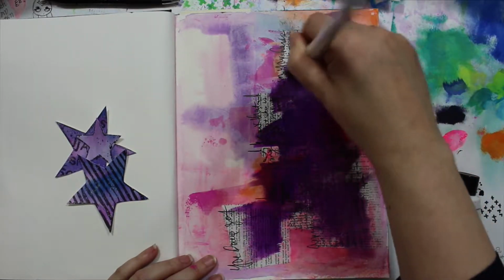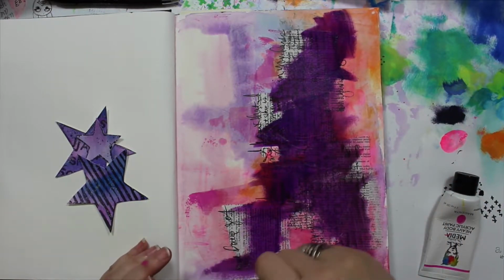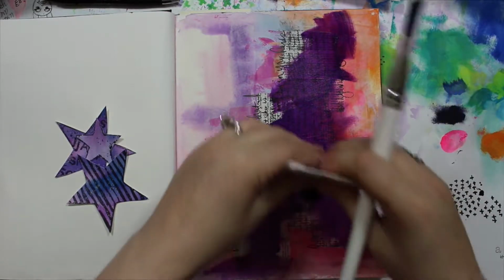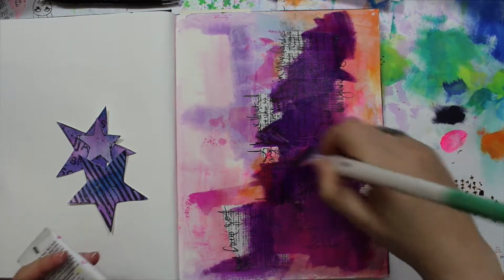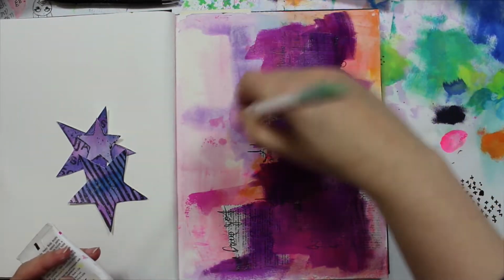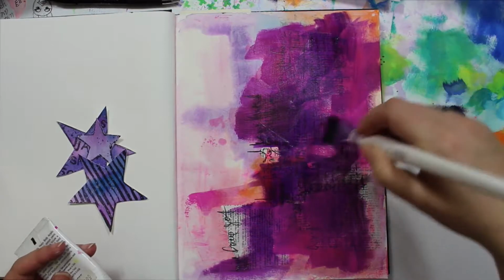So I know the words are still back there. You can even see some of my whatnot's peeking through my paper. You know what's funny is this page is going to end up as dark as I normally do, even though it was so pastel because of the wash of...